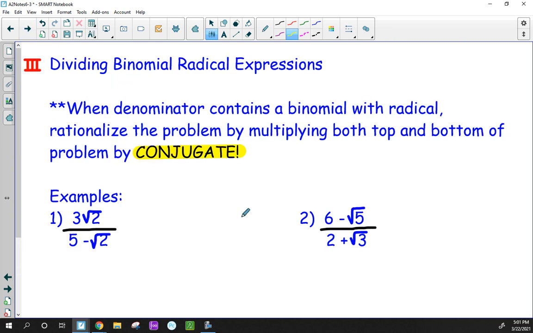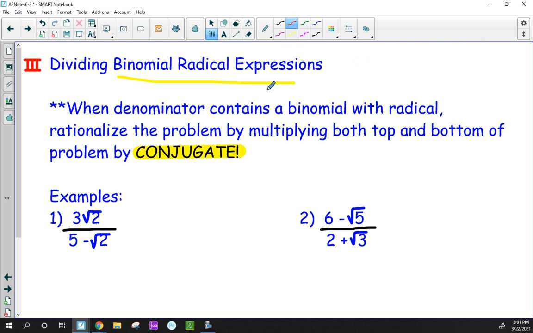Alright, now we're on to learning target 3, which is on dividing binomial radical expressions. Meaning, and we've done some of this before too, a little bit. So when we're dividing binomial radicals, first of all, we make sure that the radical is gone off the bottom. When a denominator contains a binomial with a radical, you need to rationalize the problem by multiplying both top and bottom